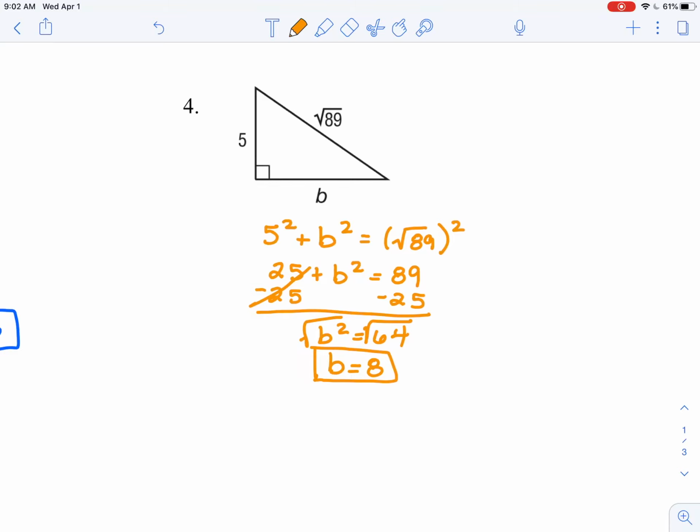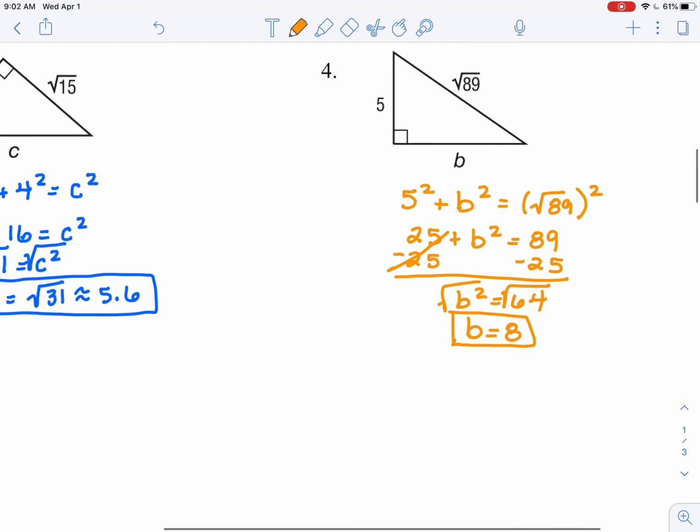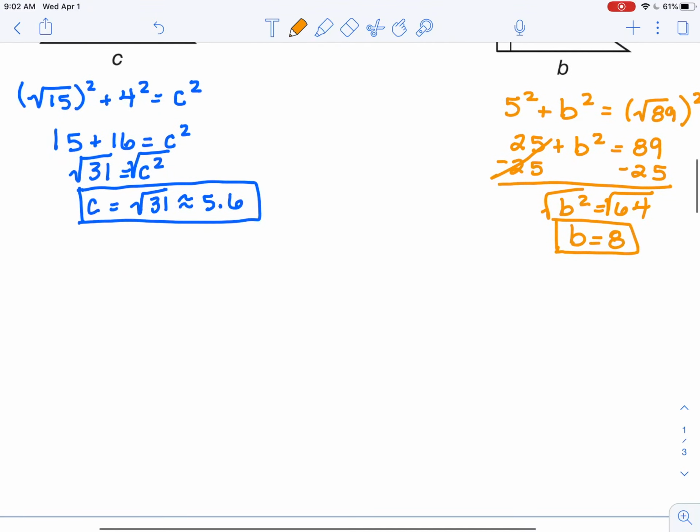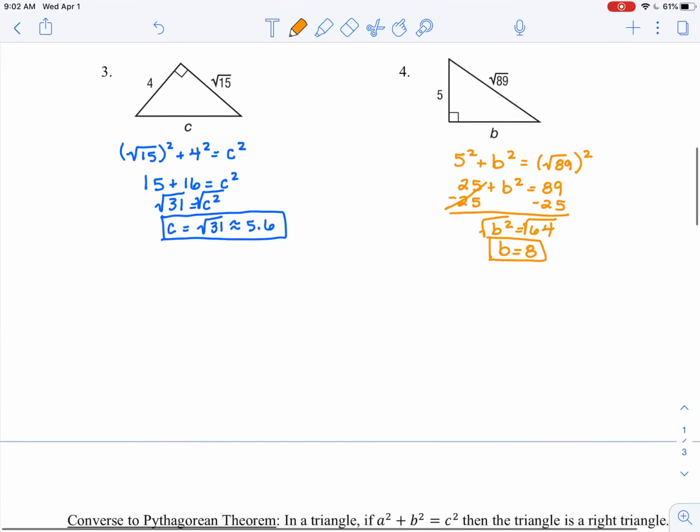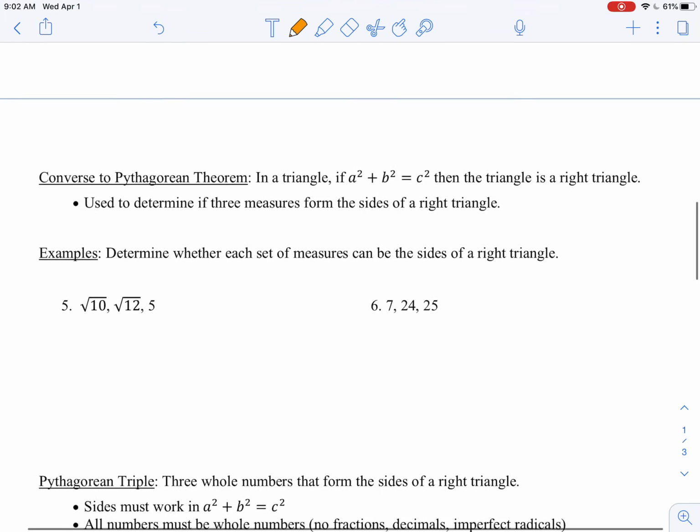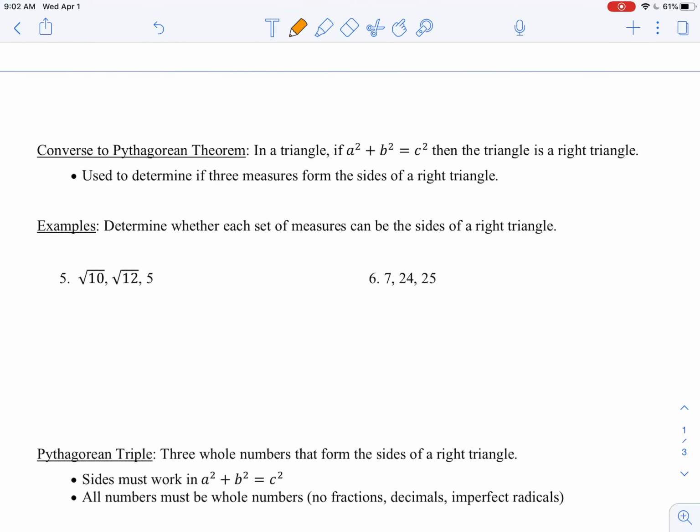Okay, when you flip over to the back of your notes, Pythagorean theorem is typically used to find the length of a side of a right triangle, just like we did on the front. But it also has a second use. The converse to Pythagorean theorem, which just means backwards essentially, says that if I am given any triangle and I